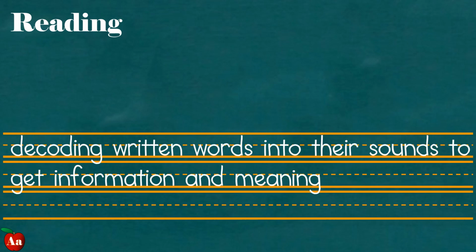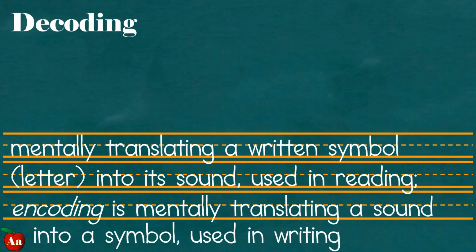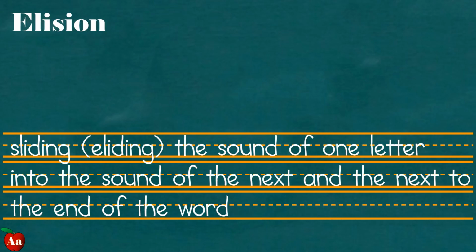Reading: decoding written words into their sounds to get information and meaning. Decoding: mentally translating a written symbol or letter into its sound, used in reading. Encoding is mentally translating a sound into a symbol, and it's used in writing. Elision: sliding or eliding the sound of one letter into the sound of the next and the next to the